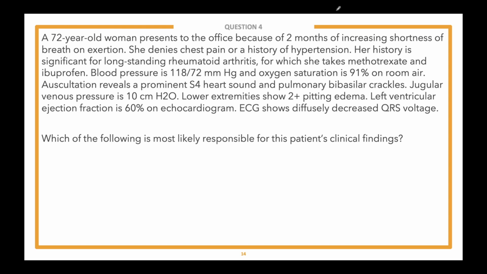Thank you, Sean. So once again, we are going to show you what we think are the important clues in this vignette and the lead-in. As you can see here, this is a significantly longer clinical vignette, and there were a lot of important findings as Sean read off that question. So again, demographics: we were told about a 72-year-old woman. Usually they tell you why they came to the ER or the office, and here it's specifically increasing shortness of breath, but specifically on exertion. That's always important. Is it at rest or is it on exertion?